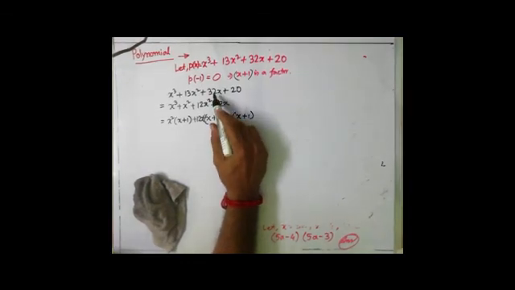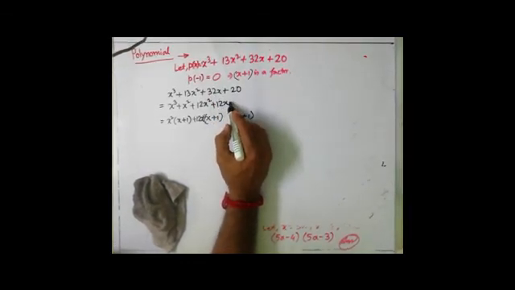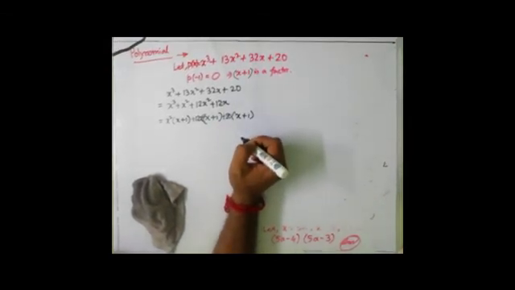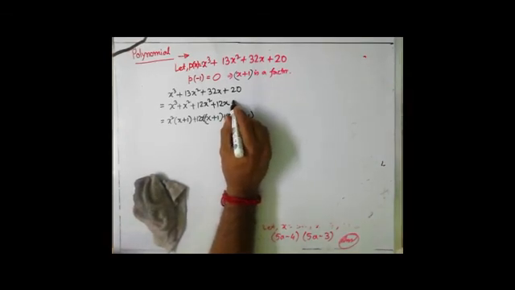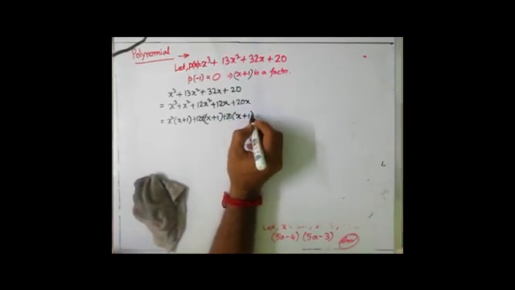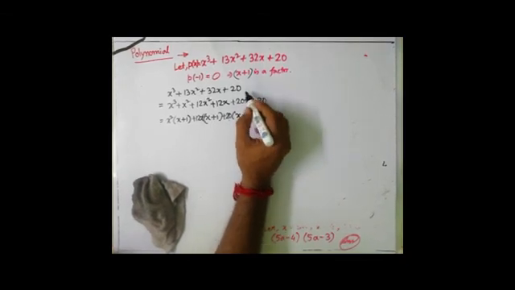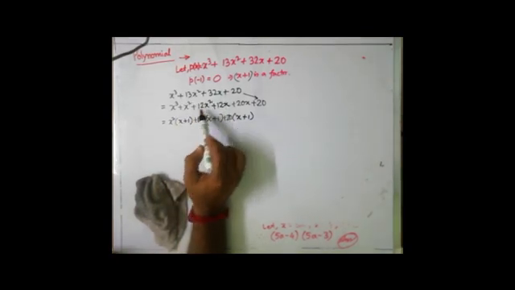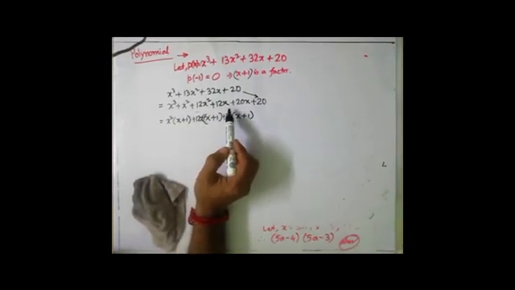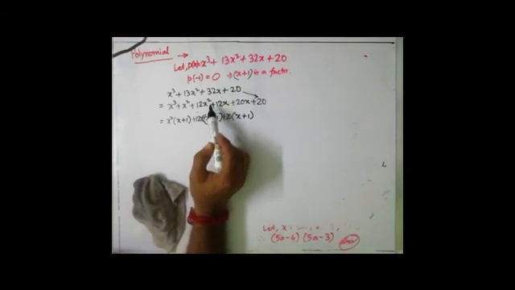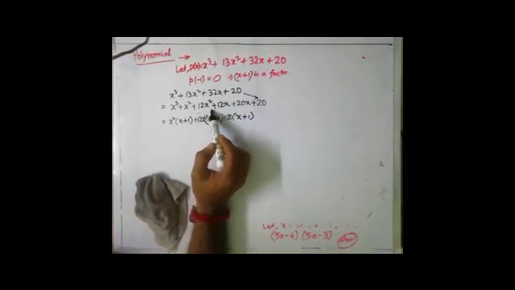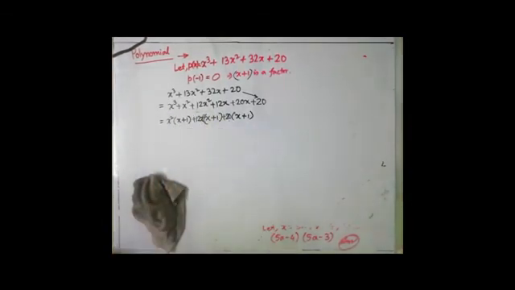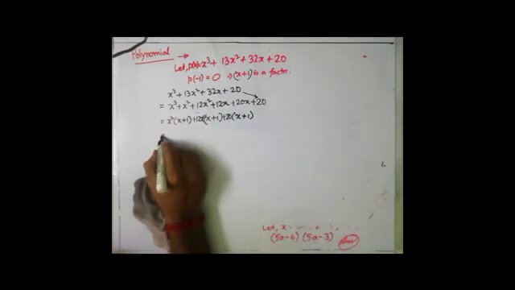So 12x, and you need 20x more. 12x, if added with 20x, gives 32x. So in that order, 20 should be multiplied over here. So 20 into x, write it over here, 20x. 20 into 1 will match with 20. See, 20, 20 matched. Now I have split this whole expression in this order. But you cannot form this second line in that manner directly. That's why get the third line first, then go the reverse way to get the second line. That's a very easy method.